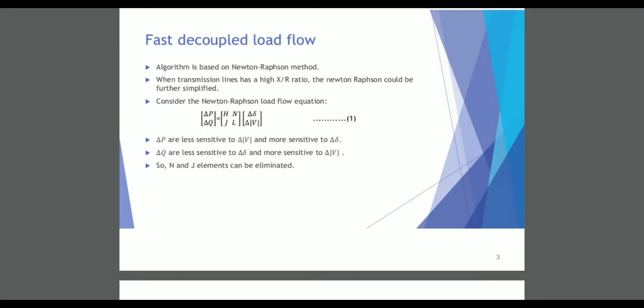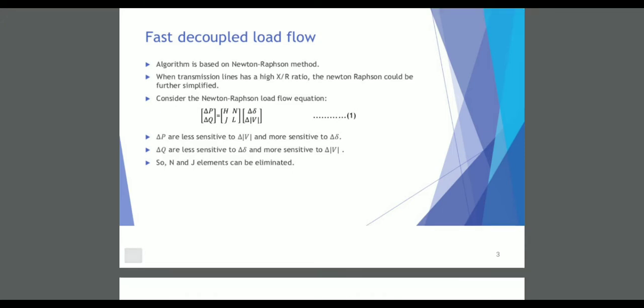And coming to the first one, that is the fast decoupled load flow method. This is an algorithm which is based upon the Newton-Raphson method. So the fast decoupled load flow method can also be called a modification of the Newton-Raphson method, and this type of method is employed on a transmission line where the reactance to resistance ratio is high. When we are going for a transmission line, the X by R ratio will be considered a major factor. So whenever the X by R ratio is high, you need to utilize this method to get the solution easily for the given problem.